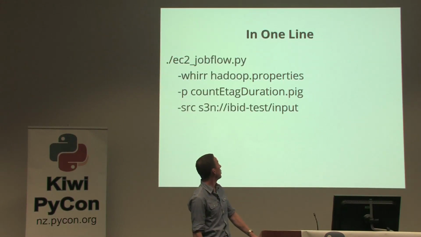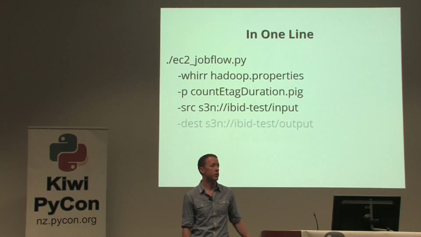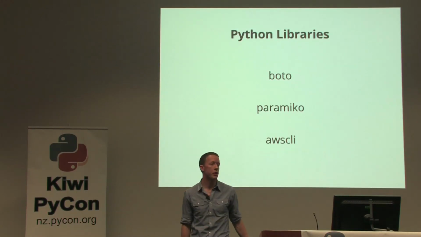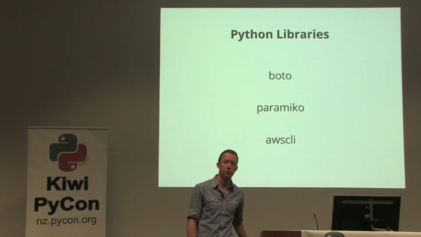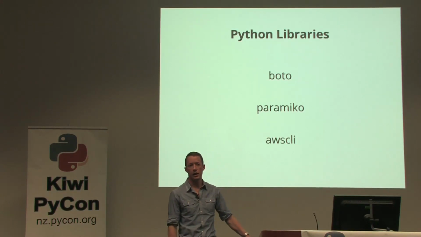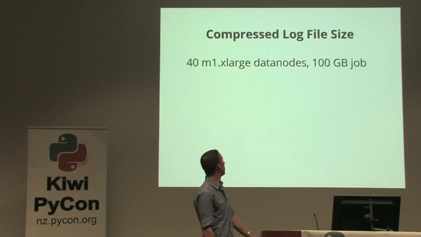Start the cluster, transfer the program to the cluster, transfer the results back to S3, pull down to your laptop. That Python script's about 2 pages. It's not very difficult at all. And the only libraries involved here are boto, which is for interaction with the Amazon Web Services, Paramiko, which is just an SSH client, and if you want to get fancy, you can use the Amazon provided library as well.